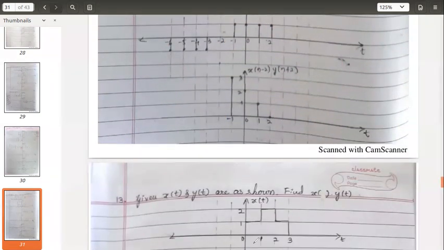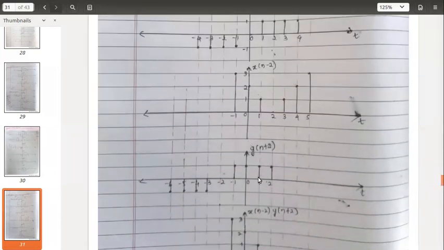Fine. Any doubts till now? Shifting not understood. Which one? Huma, shifting not understood, the last one. Please, can you unmute and ask me which one? Ma'am, shifting of that last one we have. Shifting of what? Y of n plus 2 or n minus 2? Both, x of n minus 2 and y of n plus 2. Okay, these two shifting operations I should repeat. Yes.